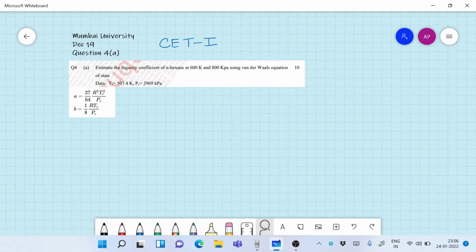Today we'll be taking a question from Mumbai University December 19th paper. The question is question 4A. This has come in CET 1 Chemical Engineering Thermodynamics 1 paper. The question is on your screen. You have to estimate the fugacity coefficient of N-hexane at 600 Kelvin, 800 kilopascals using van der Waals equation of